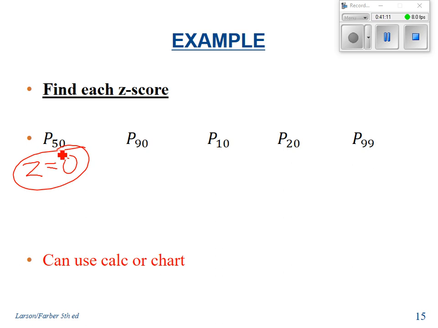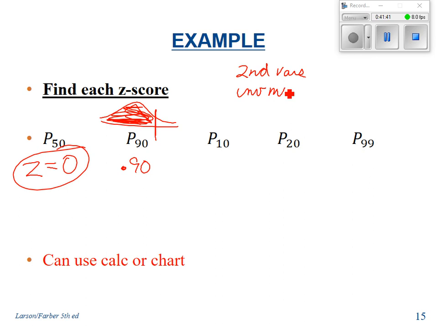90%, if we were going to do 90%, 0.90, again, we're looking at our little curve. The 90th percentile is going to be over here somewhere. We want 90% of all the other scores to be on that end. So first page or second page? Second page. Could you use your calculator? Yes. If we're going to use our calculator, we hit second,